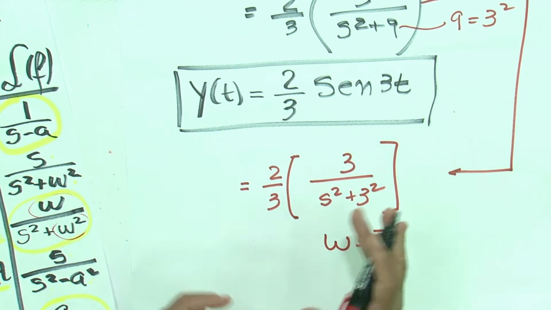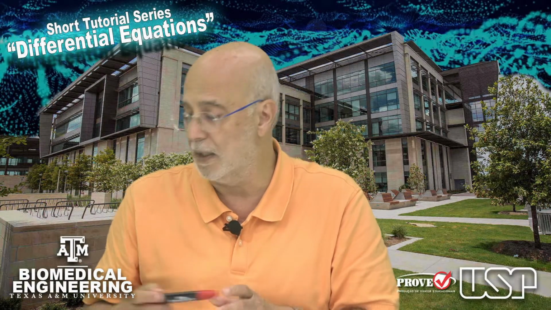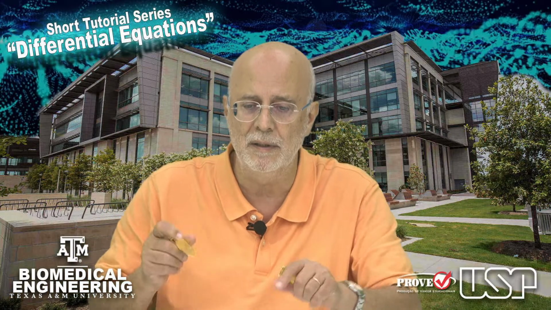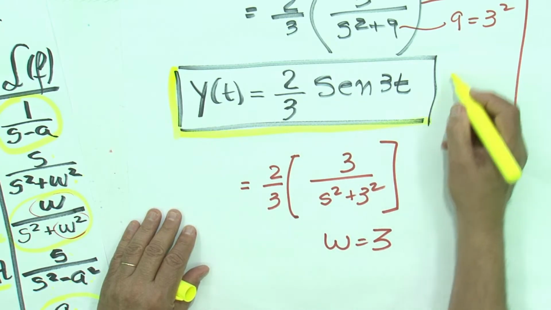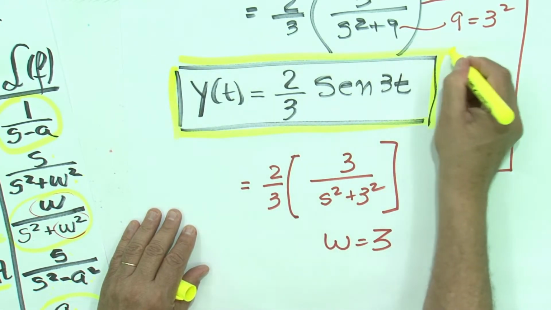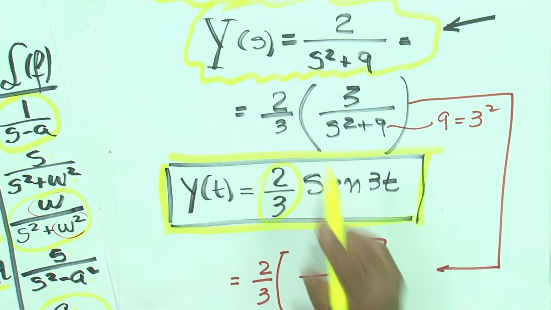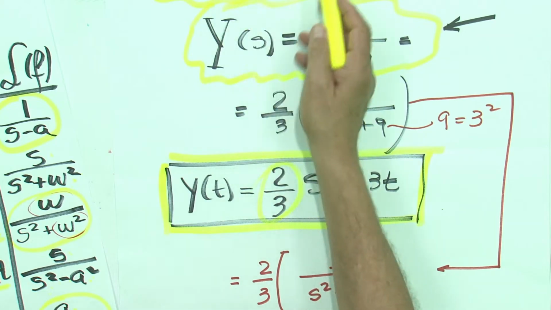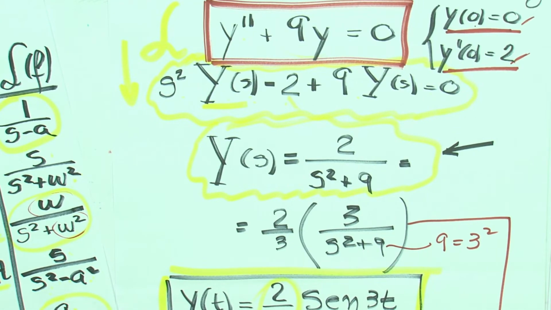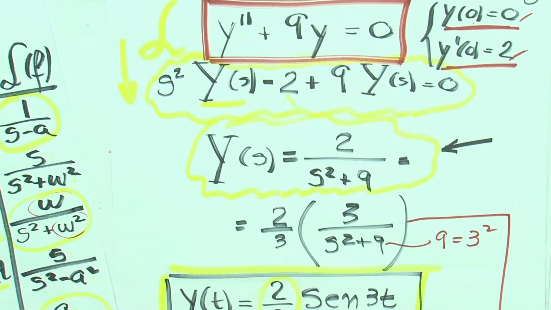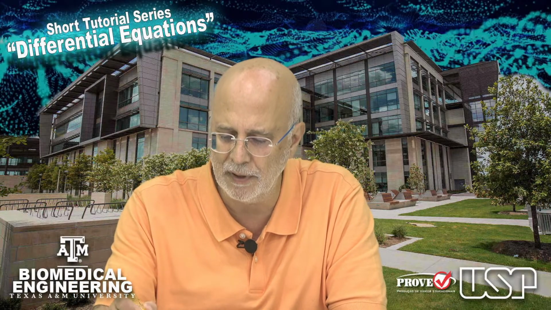Of course, it has units and everything, but we're not worrying about this at the moment. Therefore, immediately, I write that the solution of this equation with those initial conditions is this one. It's 2/3, which is the amplitude. Whatever I'm analyzing here, we all identify that this is an oscillation type of equation, right? It's oscillatory motion of something not driven by any force. So this is the amplitude, and this is omega.